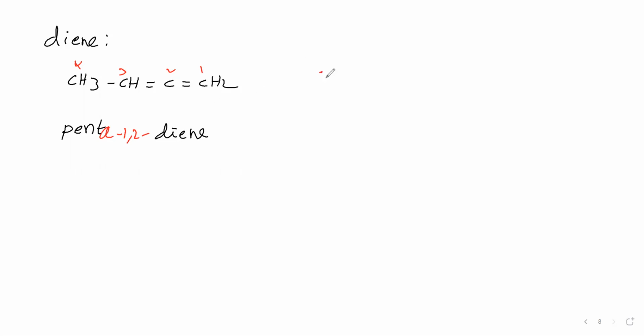Next, we'll take CH2 double bond CH double bond CH2. Here 4 carbon atoms, therefore but, 2 double bonds, therefore diene. Then numbering we